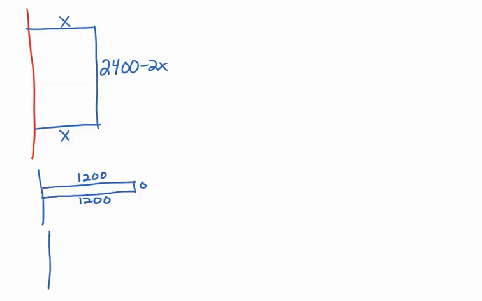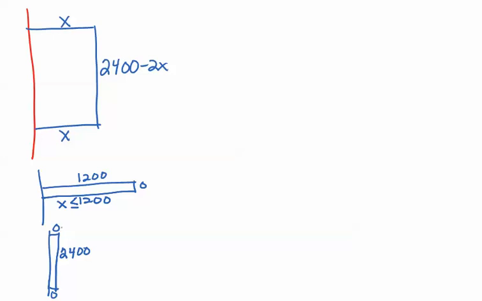And likewise we could make a field that has 0 for its width, and we could use the entire 2,400 as the vertical side. But again, we know we're not going to do that because it would give us an area of 0 square feet. But what it does tell us is that x could go as high as 1,200 feet,